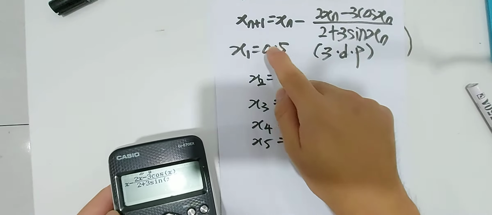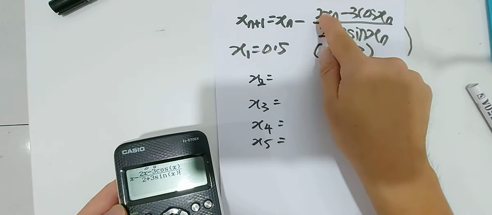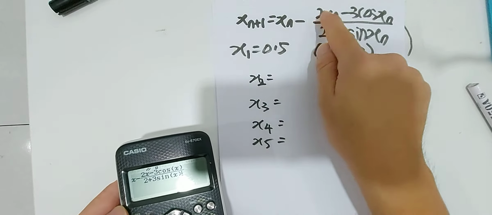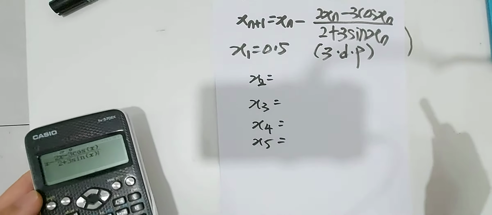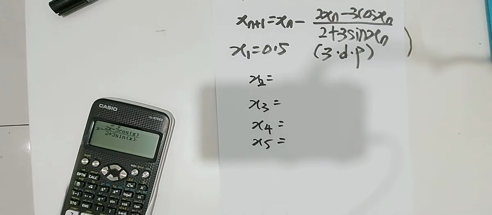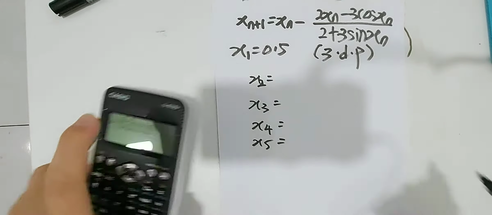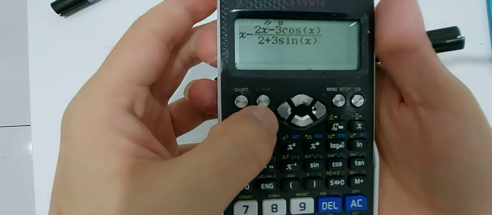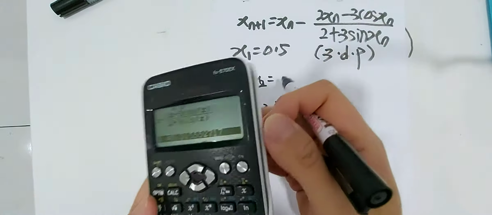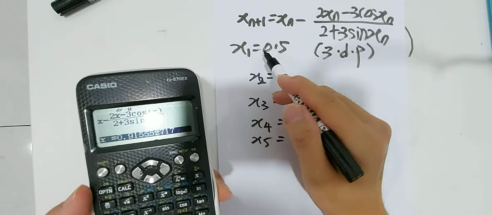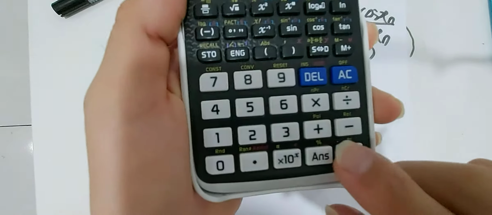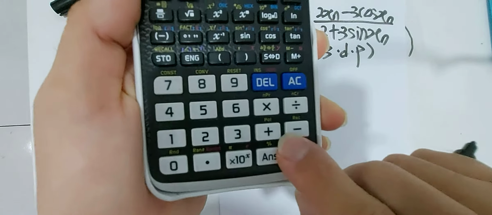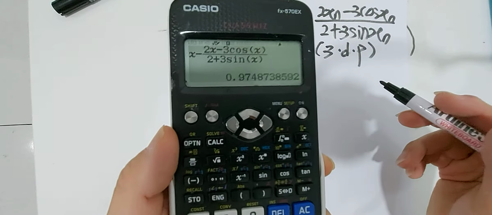When we find x1, we put in x1 and get x2. When we put in x2, we get x3, until the value remains constant. Let's look at how to get x2. Press the calculate button. The first value suggested by the question is 0.5, so we key in 0.5, then press equals twice, and we get